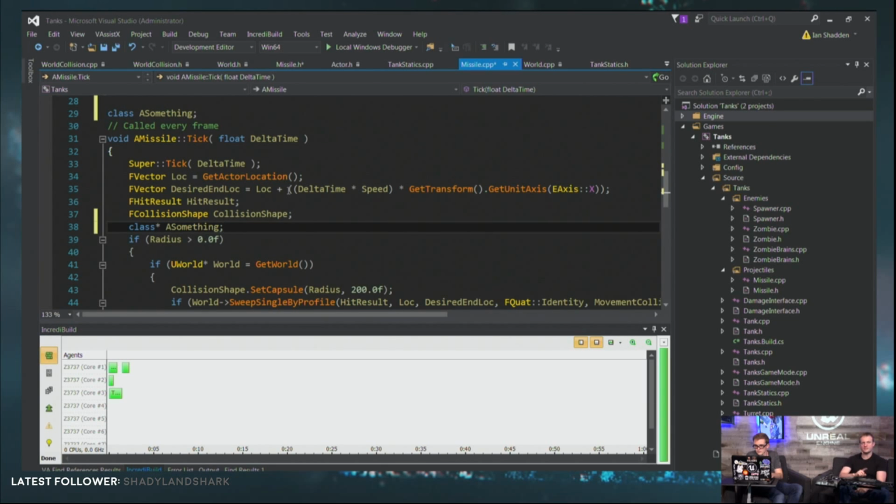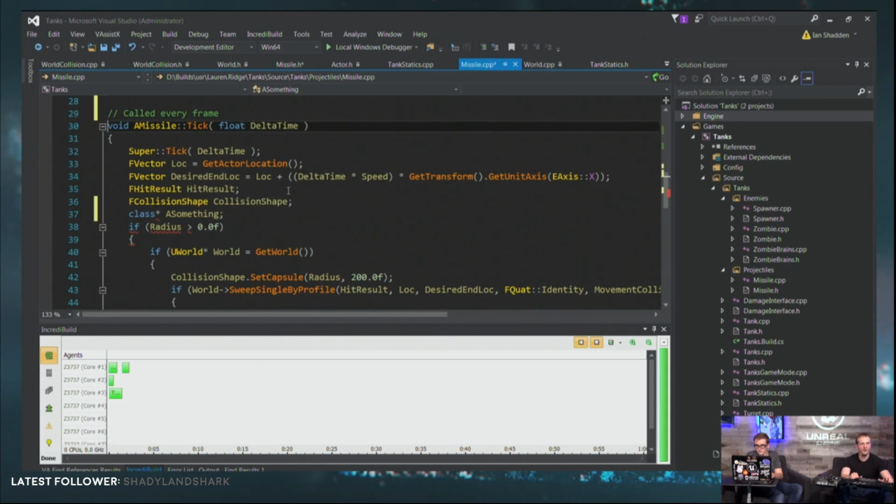I can't look inside it at all, and the reason I can do this is because the pointer is a set size regardless of what's in the class. So as long as I never actually look inside it, the compiler will trust me that at some point there's going to be a class A something defined, and that's what I'm talking about. But that's only if you're just going to use it as a pointer and not call any of its functions or look inside it at all.